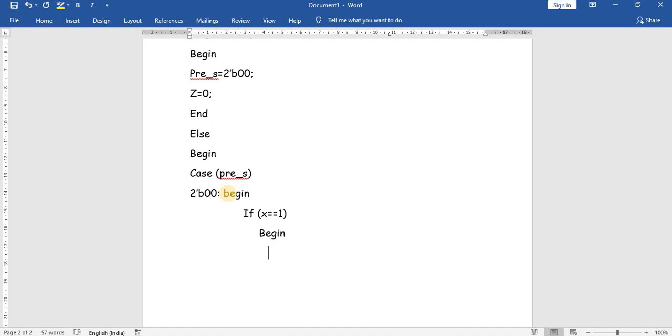The output is 0, z equal to 0, and the next state is equal to 2-bit binary 0 1.